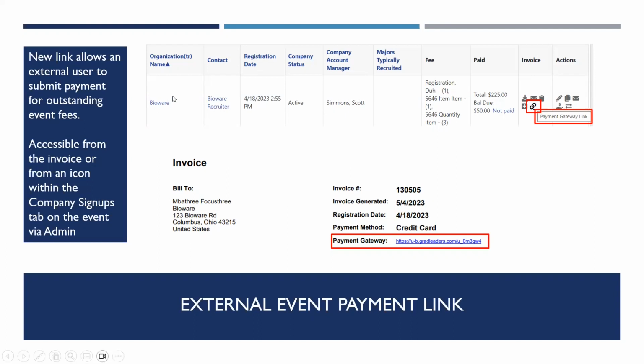I can see that BuyerWare has signed up. Scott is the contact, or sorry, BuyerWare recruiter is the contact. Scott's the account manager. And there's an icon here. So this is the admin side, a new icon for the payment gateway link. That's how you as an admin can get this link and send it to whom you need to, but